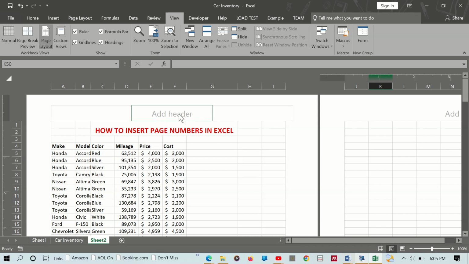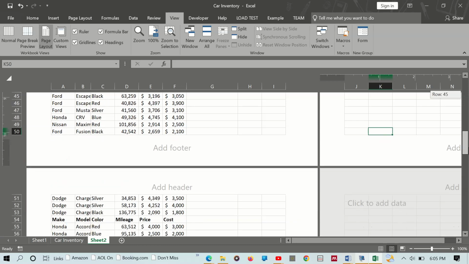So if you want the page numbers to appear at the top of your page, then you click here. But if you want the numbers to appear at the bottom of your page, then you come and select Add Footer. So if you click here,